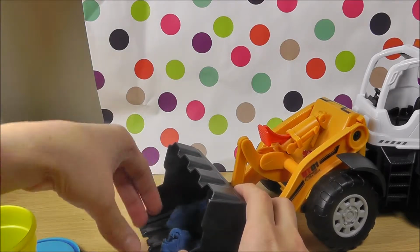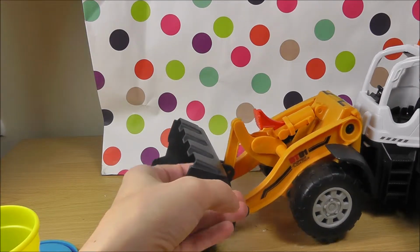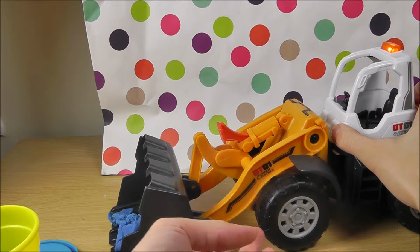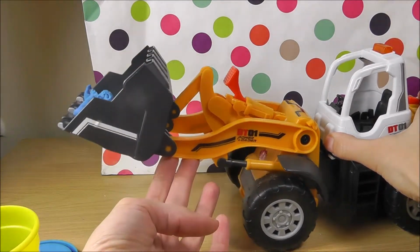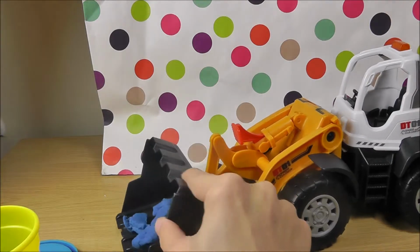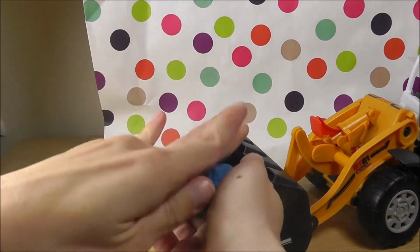Then we're going to put a bit more. Can it go up? Oh, it's very heavy, it can't go up. And now down, and like this. Now we've moved all our mess of the Play-Doh,